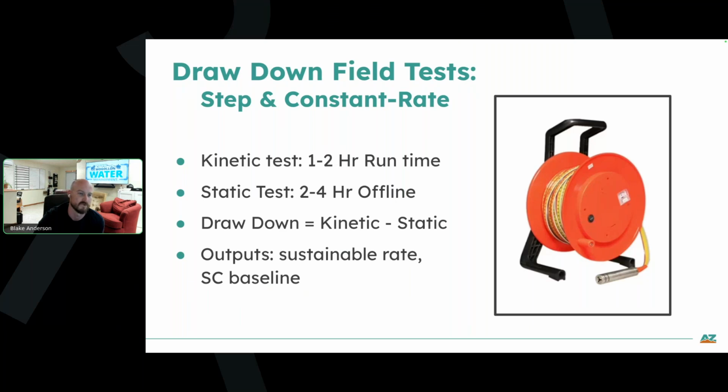And so from there, you can start to figure out what your sustainable rate is, especially if you want to do step down testing. Step down testing is where you basically put a pump down hole and you run it at different flow rates, and you see how your water level reacts, and it'll tell you your overall capacity. That way you can get the most out of your well, but you're also running in a way that's sustainable and you're not going to run into cavitation or that sort of thing.